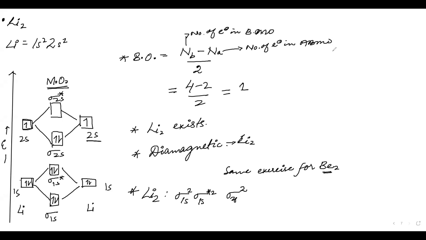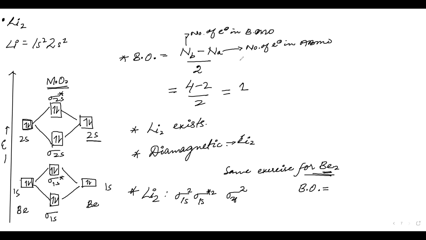Now for Be2 also, did you write the electronic configuration for Be? Then you made this diagram. Okay, then here in 2s2, you will be having one more electron here, like this, one more. Now, how many total electrons? 8. So we'll start filling, correct? If you start filling 1, 2, 3, 4, 5, 6, you have to fill here 7, 8.